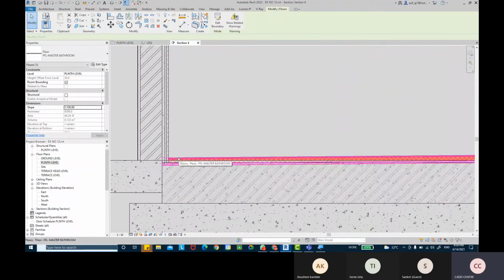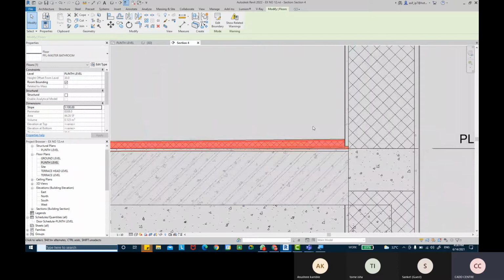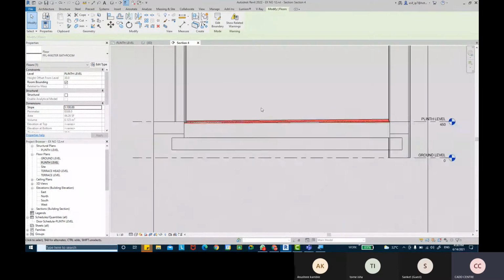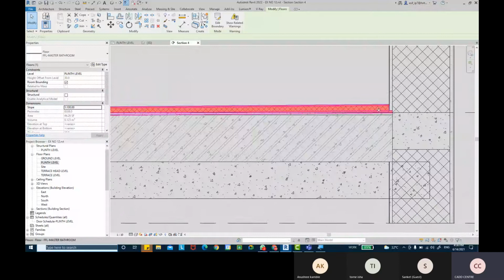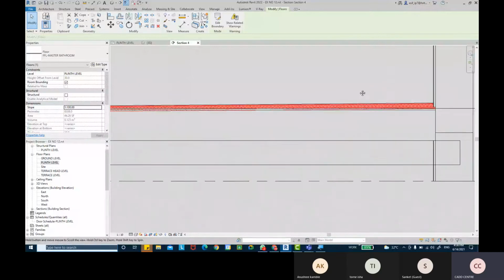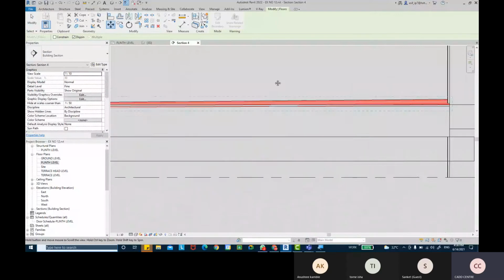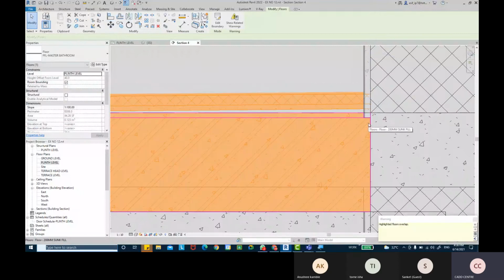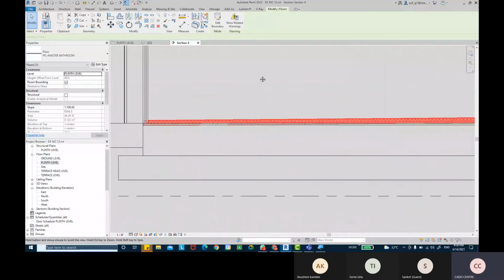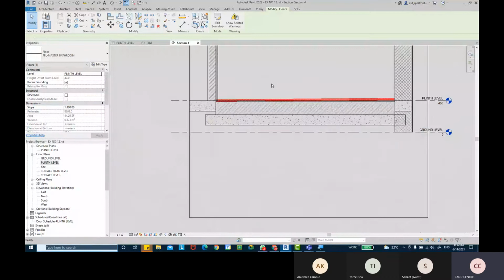This side is sloping. Why is that happening? That means I need to move this a little above. No, it's overlapping it.